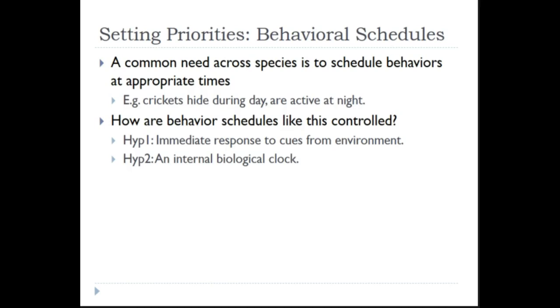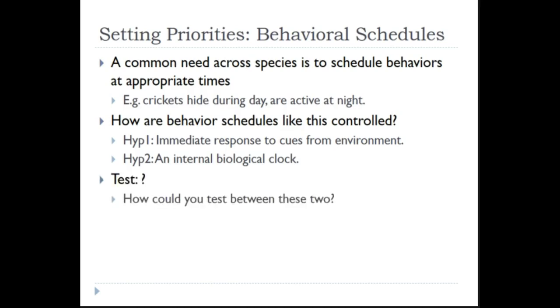An alternative is that they may have some kind of internal biological clock. In this case, they would have some kind of system, probably with a molecular basis, that occurs in a cyclical fashion over the course of a day. Even in the absence of environmental cues, you would still expect them to cycle. So we have two different explanations here, and they're not really mutually exclusive, but they do set up two alternatives, and maybe the truth lies with one or the other or somewhere in between.